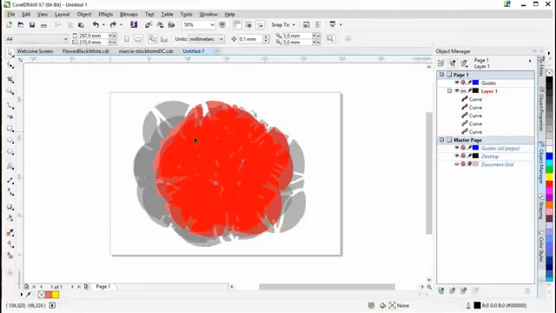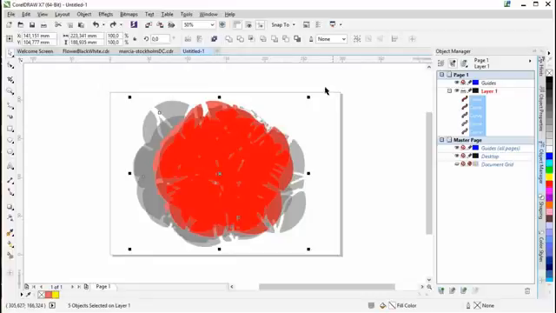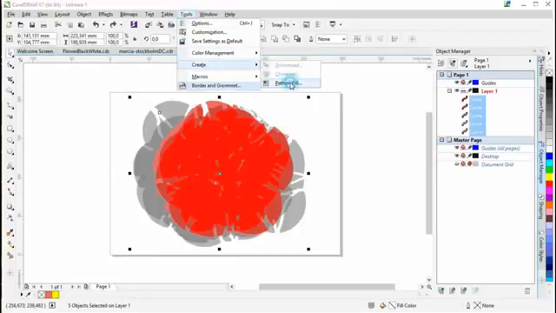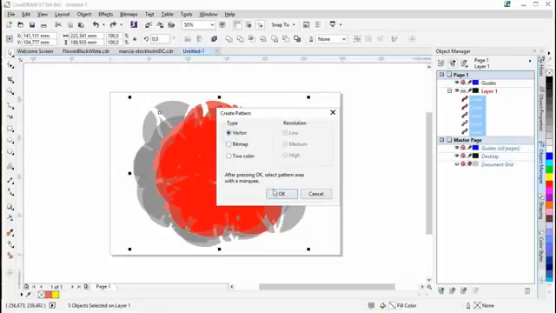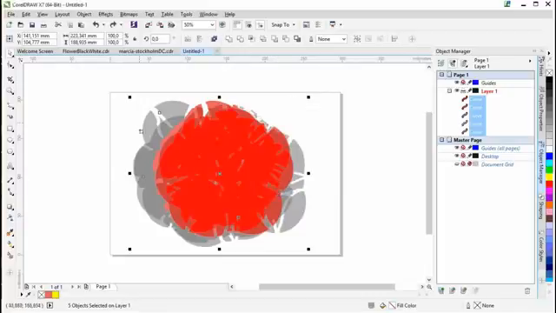So now all this is done in just a few minutes, and it's going to go faster if I'm not talking while doing this. Now I'm going to create a pattern of this, and I've shown you how to do that before, so I'm going to do basically the same thing again. I'm going to select all objects, and then go to Tools, Create, Pattern Fill. I'm going to choose Vector, click OK, and then I'm going to pick